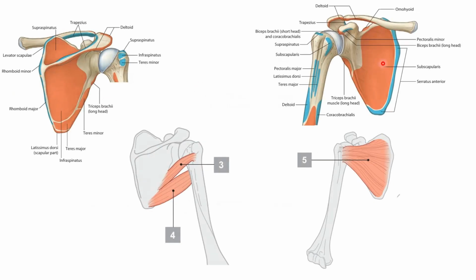Okay, you can see this is the subscapularis. Subscapularis originates from the subscapular fossa. And this is the teres minor and teres major. Teres minor originates from the dorsal surface of the lateral border of the scapula, upper two-thirds, and the teres major originates from the lower one-third of the dorsal surface of the lateral border of the scapula. This is teres minor, the small one. This is teres major, and this is the subscapularis muscle.